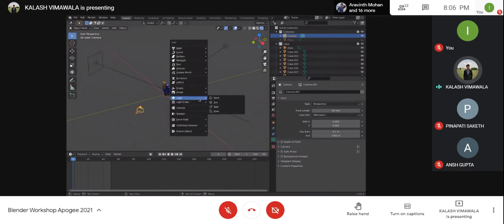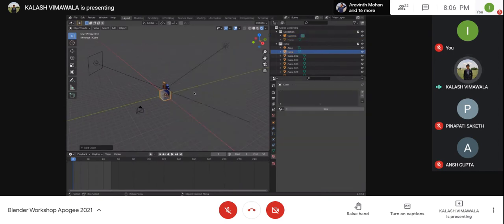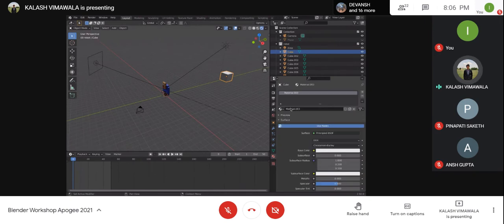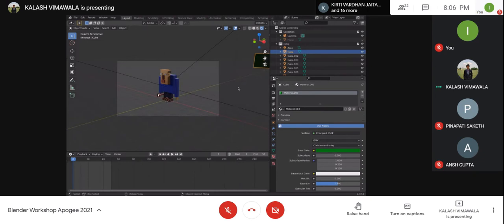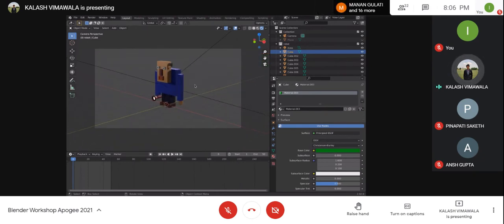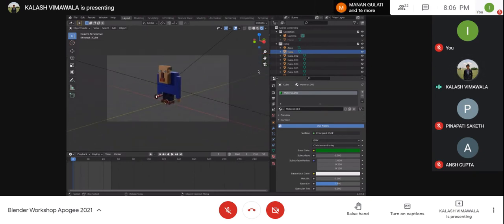So say if I add a cube, move it around here behind somewhere, give it an emission shader, give it a normal colored shader, say green color, dark greenish. Okay. So if I have that object over here and the only thing my camera is seeing is this, then that cube will not matter in the render. What render actually means is that it will give you an output. It can either give you a series of images, it can give you a video, or it can give you a single image. All right.